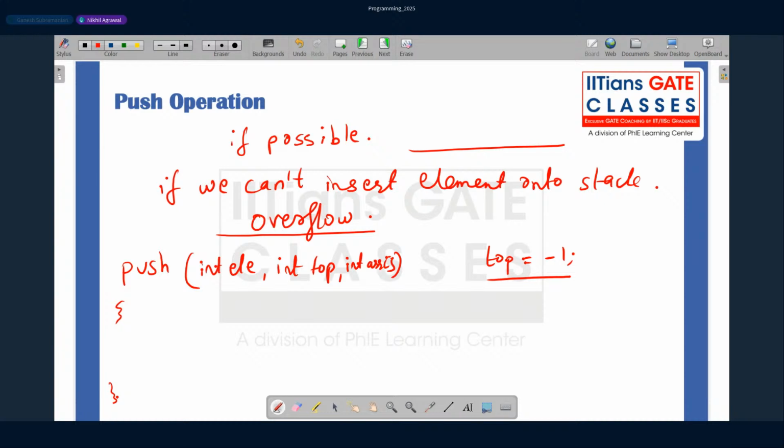So it depends. You are asking whether the top pointer is required as a parameter to the push function. You can always have it as a global variable, and then it may not be required as a parameter.